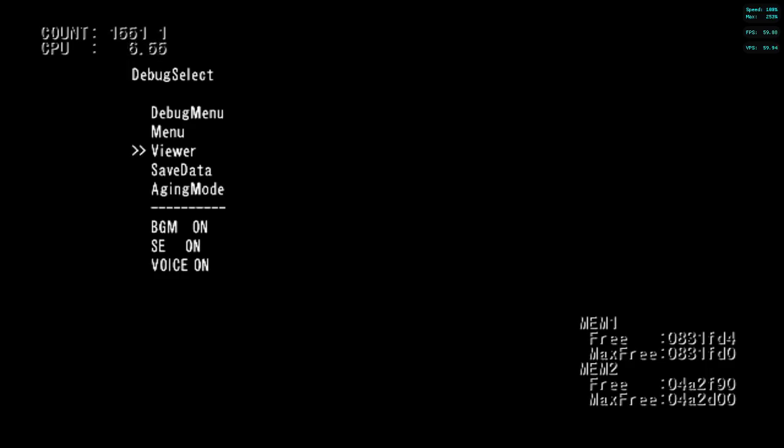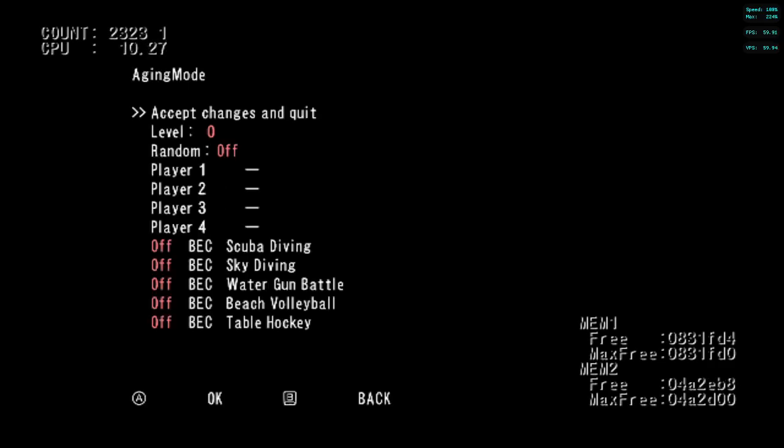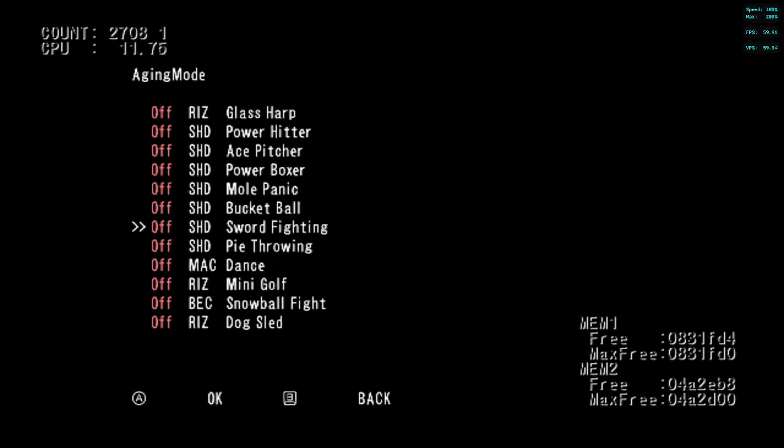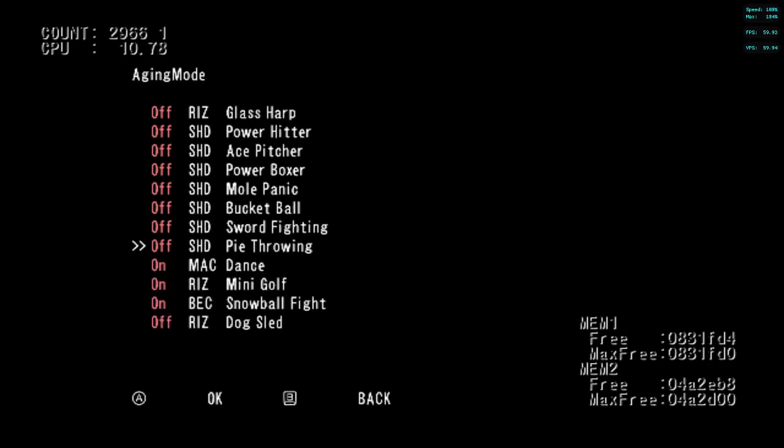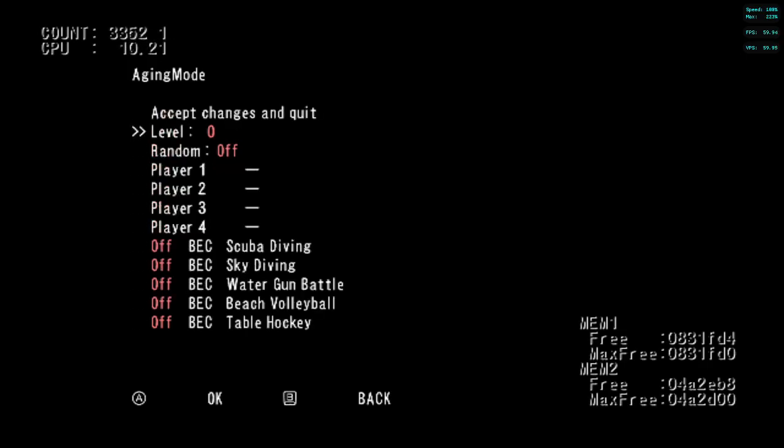Now I'll go through this real quick. Here at the bottom you can enable and disable the various sound effects, so the background music, sound effects, and character voices. Aging mode is kind of strange. You can enable all of the available activities here with these toggles, and when you select OK